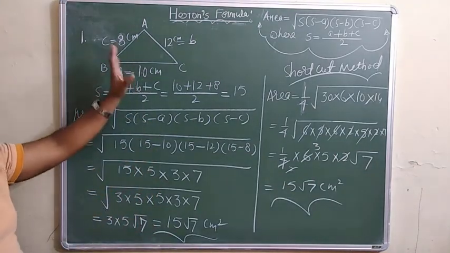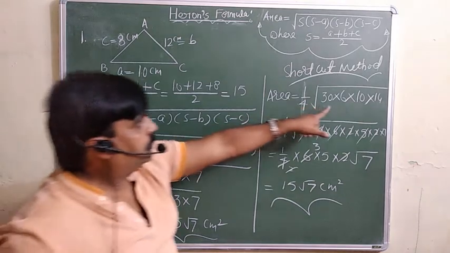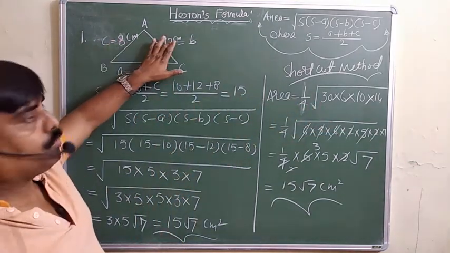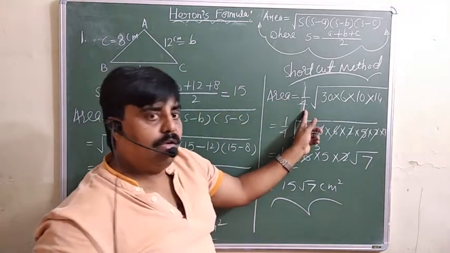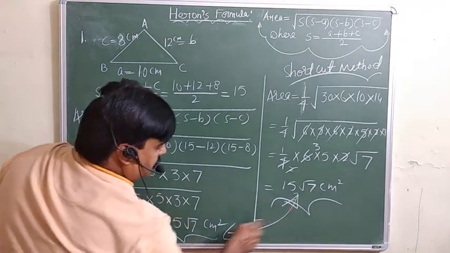Because if the question is given to find the area, you can do. What to do? Add all three sides. Write here: add every two sides and subtract the third. Add every two sides and subtract the third. And divide by 4. Solve it, you will get the area. So look at here now. Have a look.